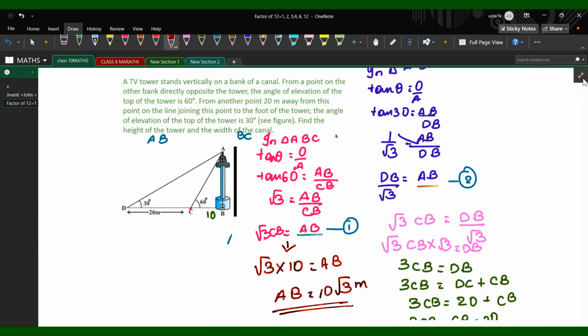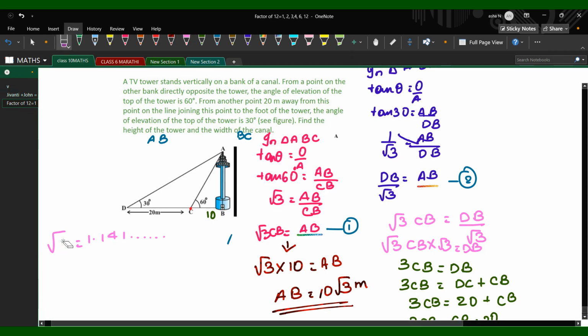Don't multiply it by root 3. If you know the value of root 3, you can multiply with that. For example, root 2, I know the value 1.41 something is there. It is an irrational number. So if I want, we can do that. In the same way, root 3 also. But don't go in that. Every root, then you have to know the value. Root 5, root 3, root 11, these are all irrational numbers.